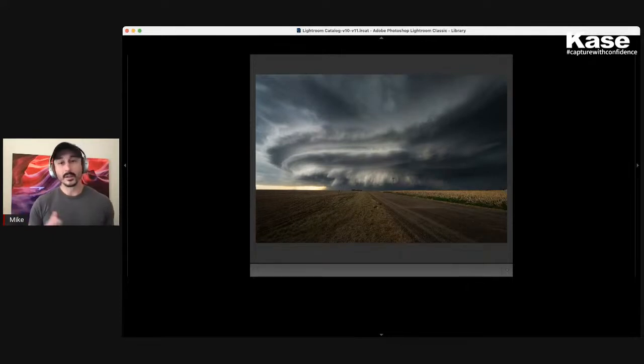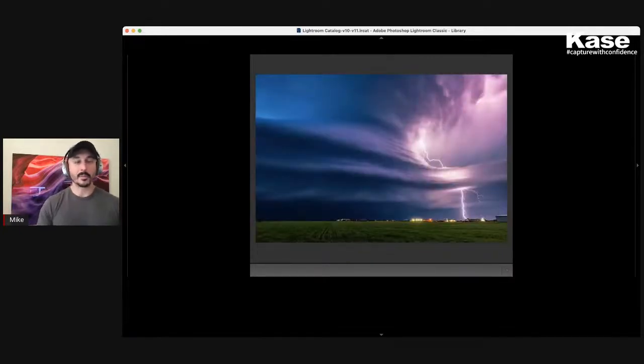You go to Yosemite, and Half Dome is always going to be there. These storms literally vanish into thin air, and you're the only person, or one of the few people, that actually gets to photograph them before they're never to be seen again. And no storm is the same. And that is what keeps me coming back year after year to document all these different storms that we have